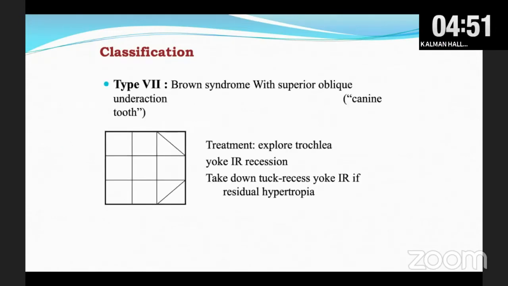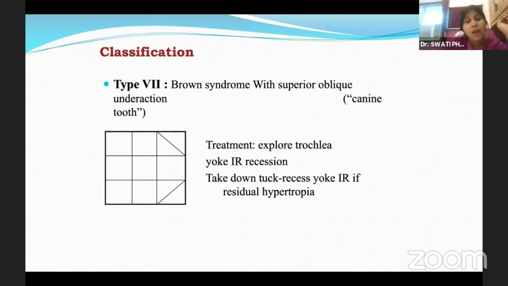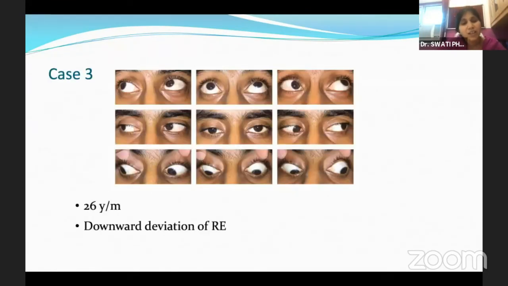This is Brown syndrome, where you have trauma at the trochlear level. So the presentation is both Brown syndrome as well as superior oblique palsy. So this is my last case, the third case, where you can see that this was a 26-year-old male who